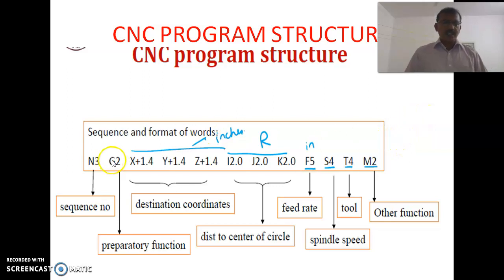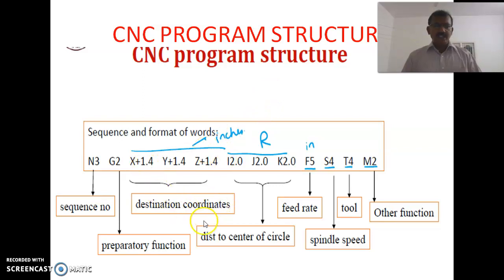Some of the important G codes are G00, the preparatory function G00. G00 is a rapid traverse, that is, the tool moves rapidly to the position. For example, in a drilling machine, if a hole has to be drilled, the tool moves directly to that position.